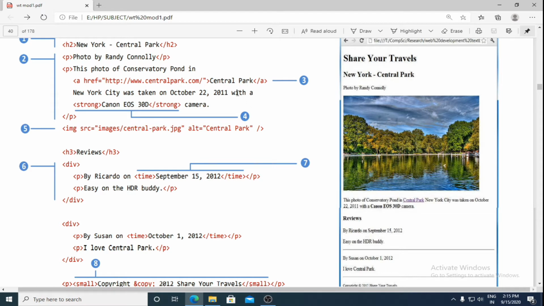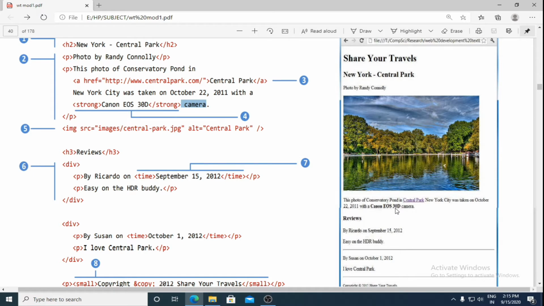After that what is written is Central Park, New York City, was taken on October 22, 2011 with a strong element. The strong element here will make this text appear in bold characters. After that the camera will appear in normal text. As you can see in the output, New York City was taken on October 22, 2011 with the Canon EOS 30D camera.